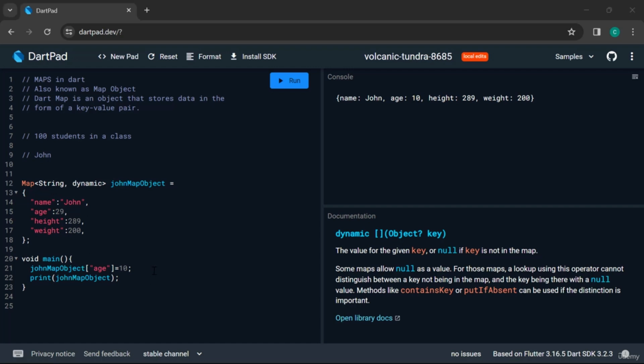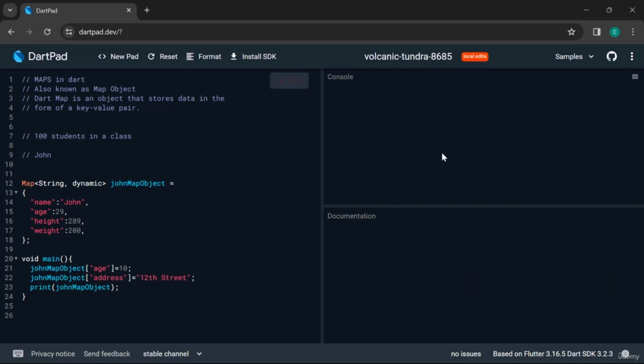I can also add a new property to this object by defining the key. So if I want to add a new property address to this John object, I can define this new key and provide a value to it. So if I run this now, you can see this new key and value pair has been added to our